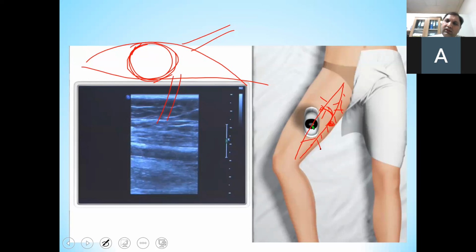So you can follow the entire great saphenous vein in short axis view of the transducer, which is called follow-up of the great saphenous vein in the leg, and then you can evaluate the deep venous system as well as the arterial system